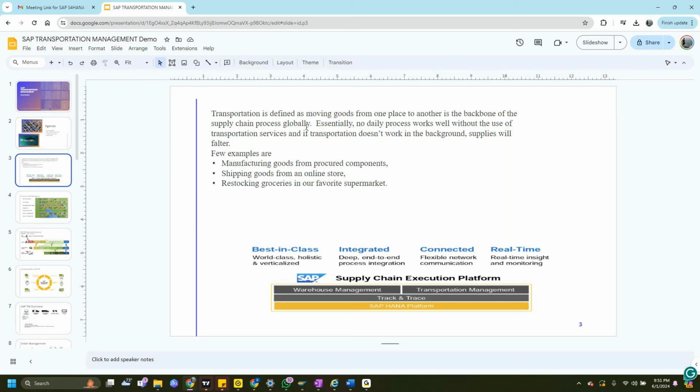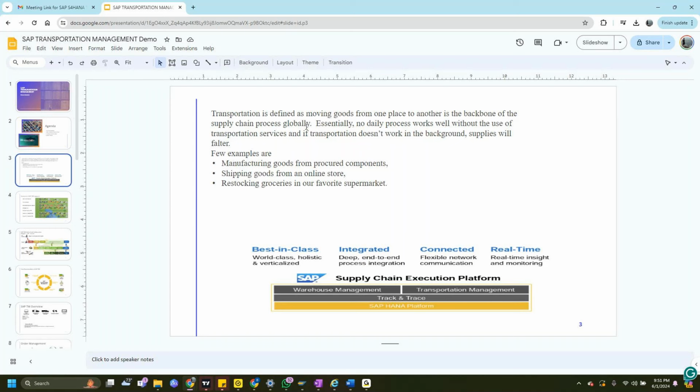Because if you come to this industry of transportation management, you find it heavily complex, and there are a lot of issues within the supply chain, like delivery delays, a lot of conflicts, and claims. For example, if there is product damage when it is going from one location to another, we have to define the ownership: who is doing what, who owns that particular damage, and who is paying up.